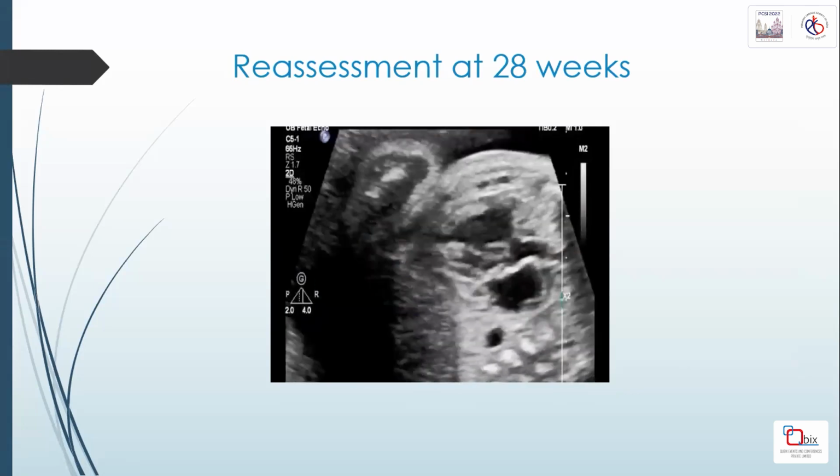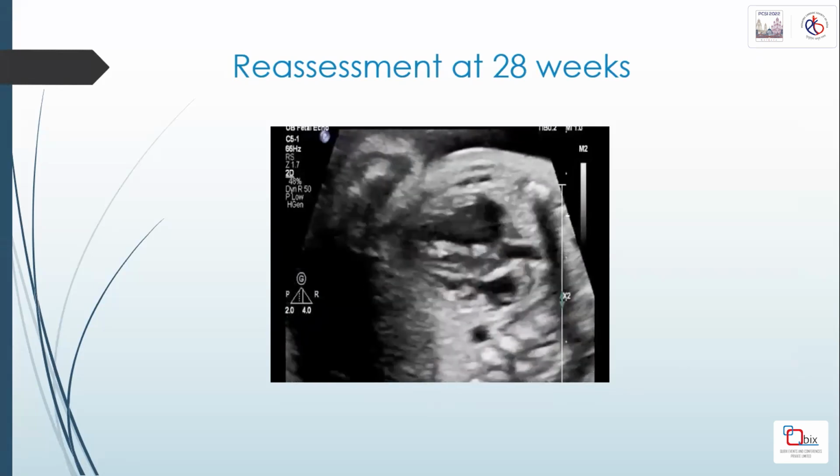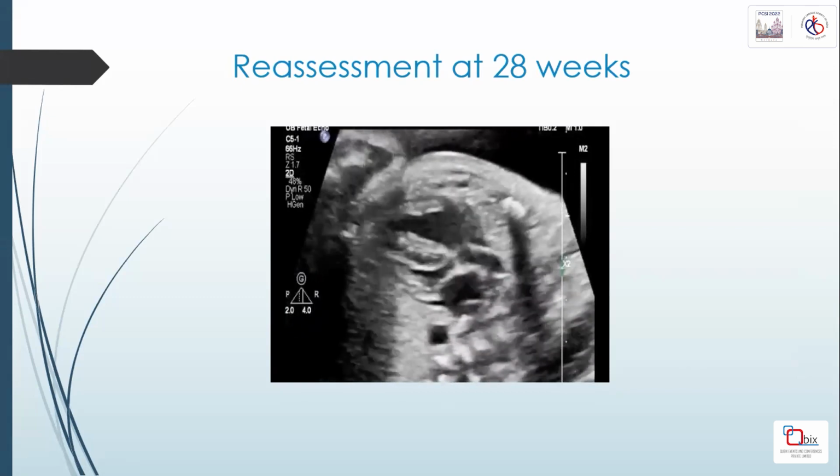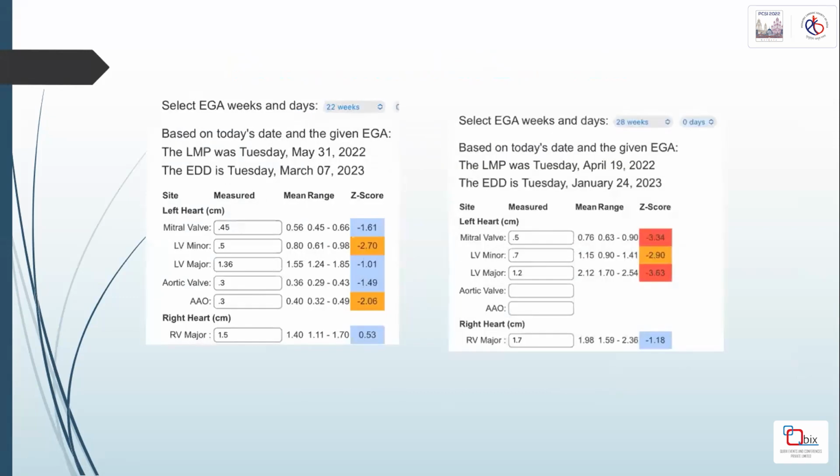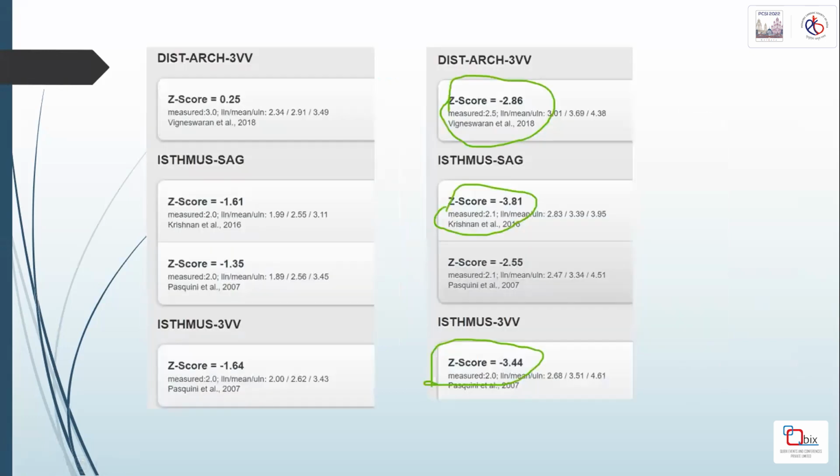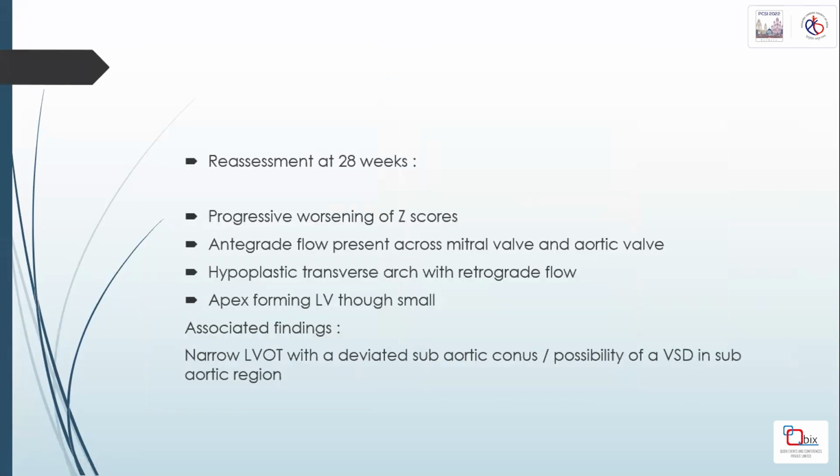So this patient was counseled very much to be an evolving coarctation. This baby was delivered in arch center. And of course, these are z-scores. As you can see, they progress from -2.7 to -3.4. And I used other z-scores for the arches as well. So this patient with progressive worsening z-scores, definitive antegrade flows, and retrograde flows in the arch was counseled for an